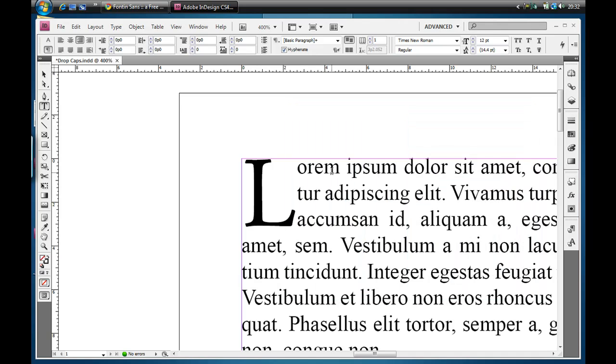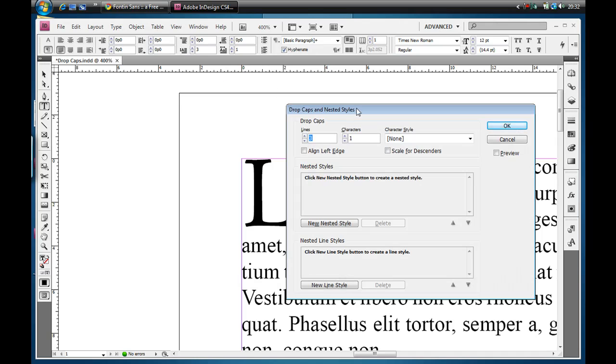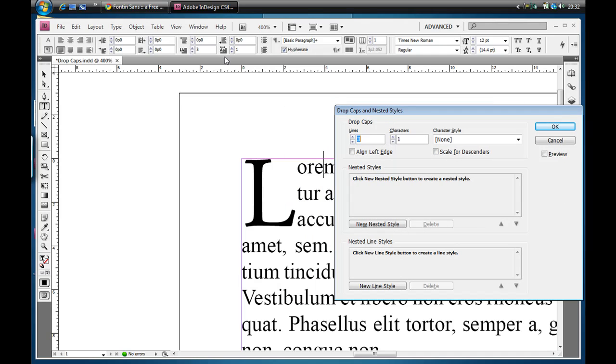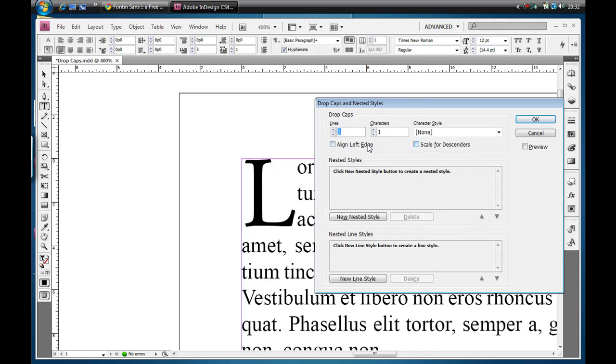Now at the moment I'm not clicked in it, but if I click in it and do the same thing, you've got 3 lines there and 1 character, which is what we've set there. But we've also got these 2 options: align the left edge, which when you click and you select preview, it moves the character to the very left hand side. It looks at the character shape and it moves it and aligns it to the left hand side so that everything is neat. The other option here is scale for descenders, and I'll show you what that does in a